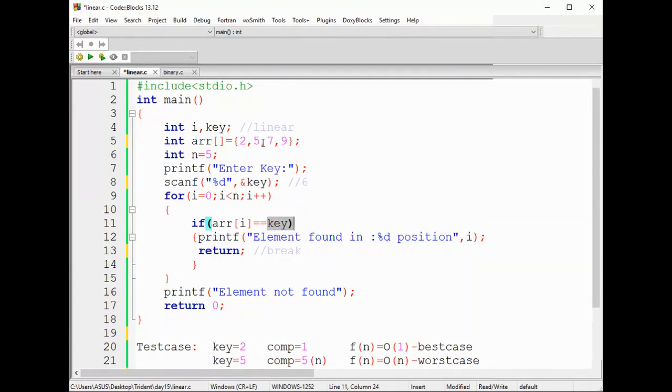You can stop once after checking with the 7. For that, you can add one more condition here: key value is less than or equal to array of I.